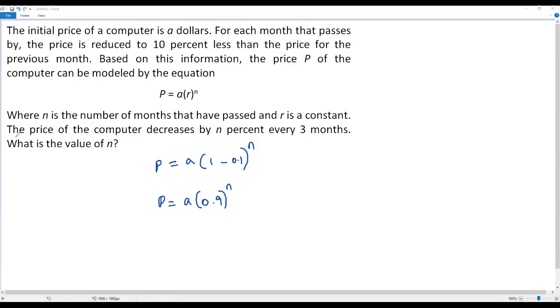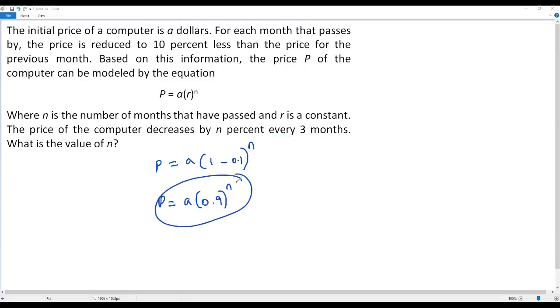Now let's go over the information we have here. The price of the computer decreases by n% every 3 months. That is, by whatever percentage the price of the computer decreases in the first 3 months, by the same percentage the price of the computer will decrease for the next consecutive 3 months period. If I get the percentage by which the price decreases in the first 3 months, that's the value of n. So what I have to do is plug in